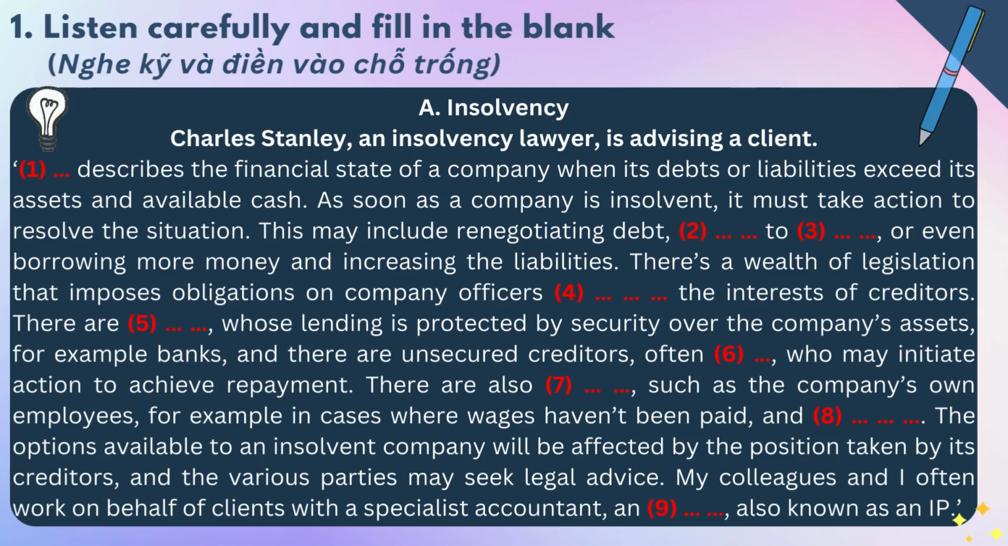There's a wealth of legislation that imposes obligations on company officers in relation to the interests of creditors. There are secured creditors, whose lending is protected by security over the company's assets, for example banks, and there are unsecured creditors, often suppliers, who may initiate action to achieve repayment. There are also preferential creditors, such as the company's own employees, for example in cases where wages haven't been paid,